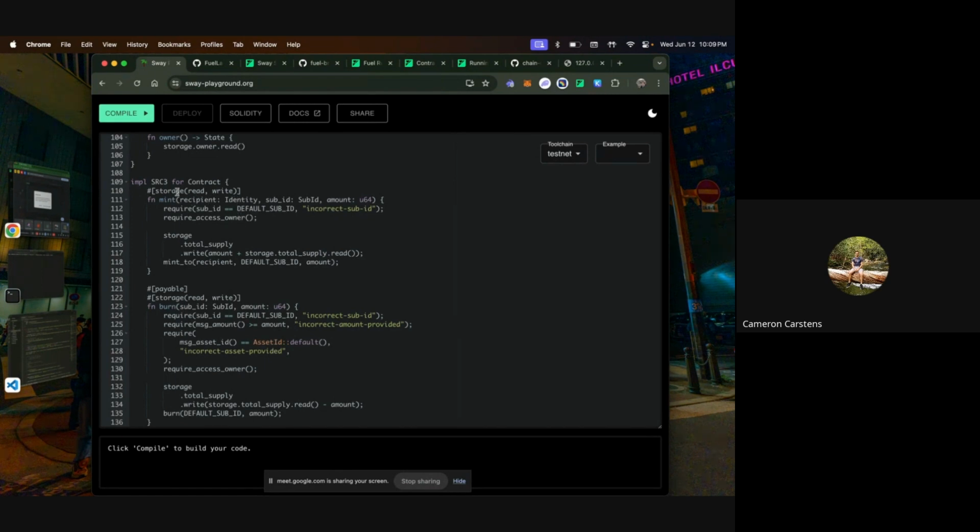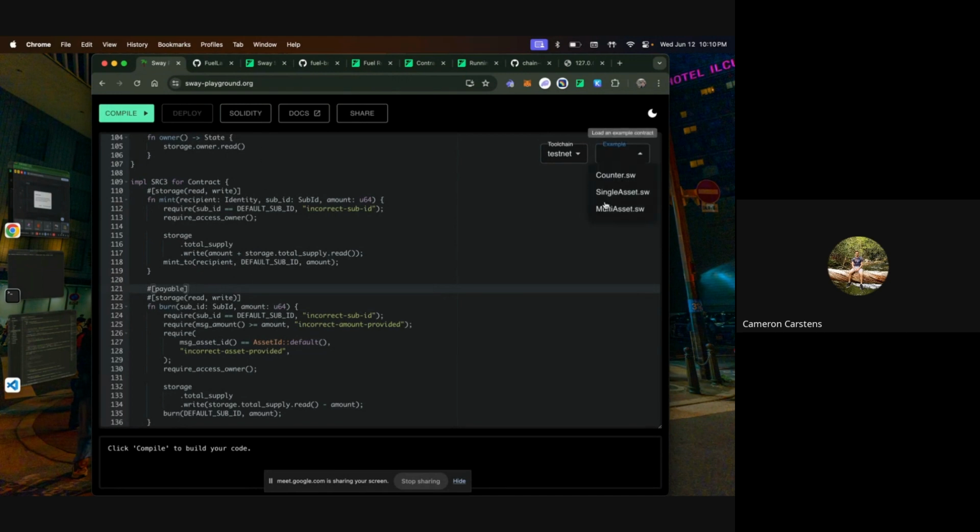We have storage read and write attributes; without these, your functions will not read or write storage. So you can really fine tune and make sure that only the functions you want are touching storage and modifying the things you want. We also have a payable attribute, which ensures that only certain functions will accept assets for a contract.